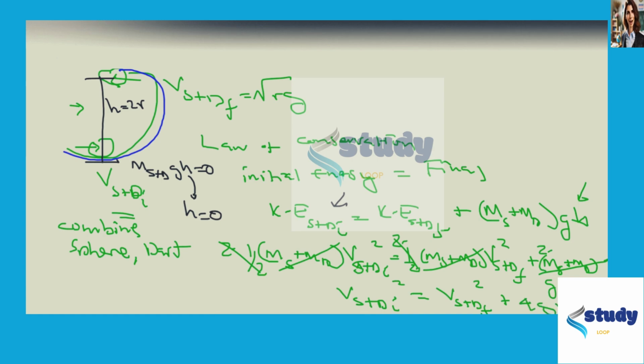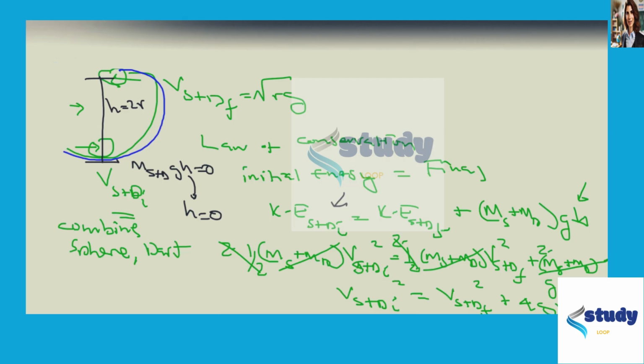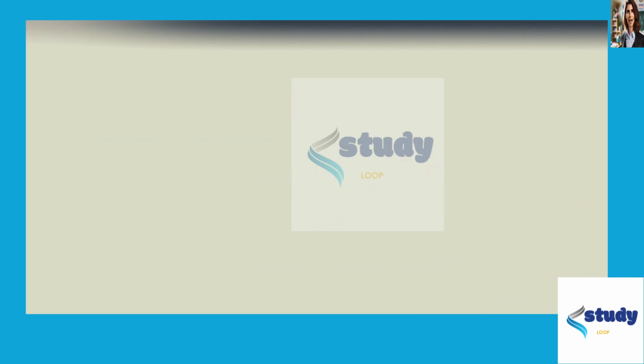Okay, that's what we're given. And so in the next page, we want to solve for the initial value, this one right here. So the initial value of the sphere and the dart is going to be the square root of the final value